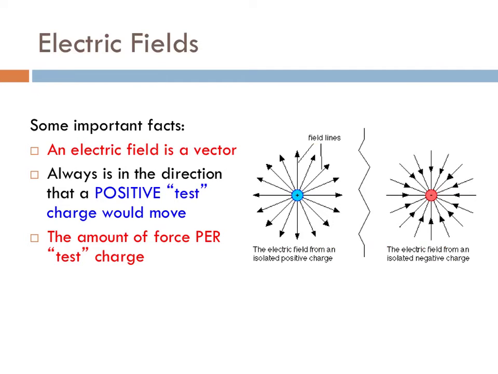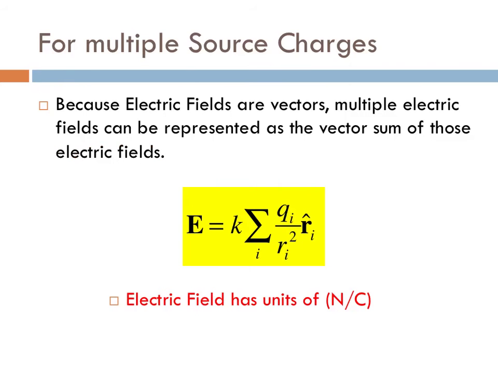So you can also think of the electric field as the amount of force per test charge. Now we said that electric fields are vectors, so multiple electric fields can be represented as a vector sum of those electric fields. Now remember that electric field has units of newtons per coulomb, as we saw in the E equals F over Q